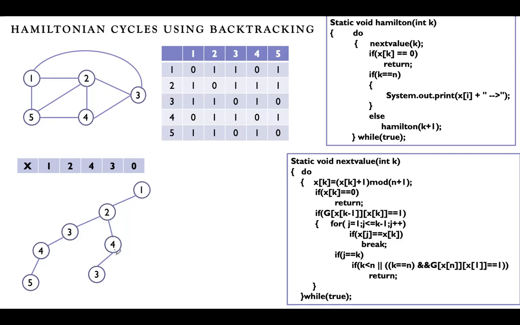For 4, one more combination is there, that is 4 to 5. So we shall check that one. Instead of 3 we can write 5 here and then check whether a cycle is possible in this case. 4 to 5, yes, there is an edge. You can write 5 here. But again in the last location, 3 itself will come. 5 to 3 there is no edge, so this is also not possible.